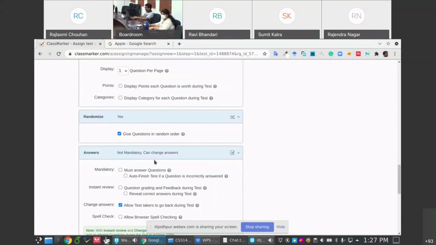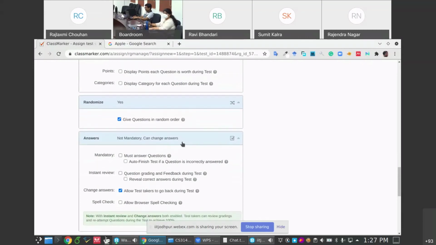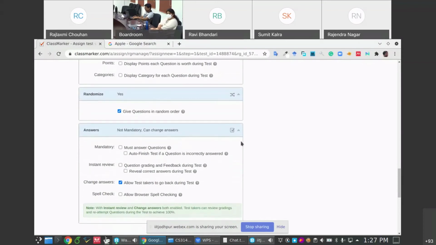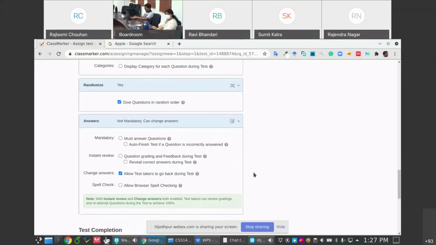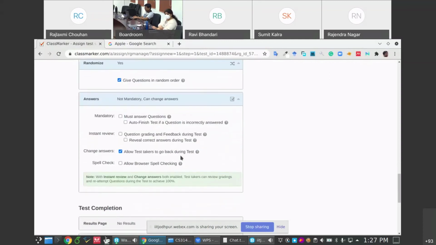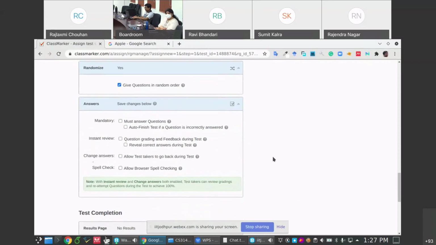And then there is an option to change the answer, where they can go back and change the answer. I don't prefer that, to keep it a little more copy free. So, allow test taker to go back or not. I am just removing that.